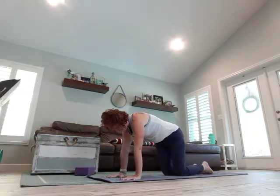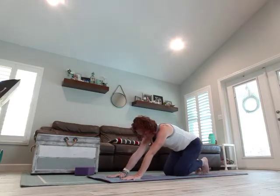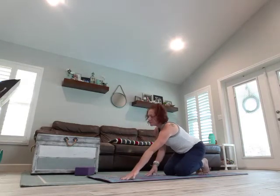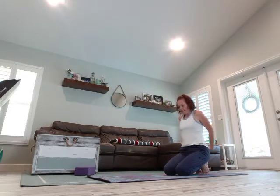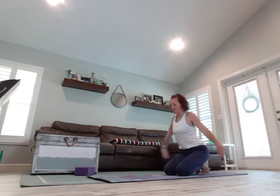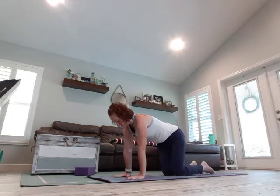And bring it in. If you'd like to sit back, curl the toes under, sit back, warm up a little bit more through the wrists and the hands. You can also interlace the fingers behind the back, open the chest, shoulder blades together, hands draw down to the mat. Deep breath in,